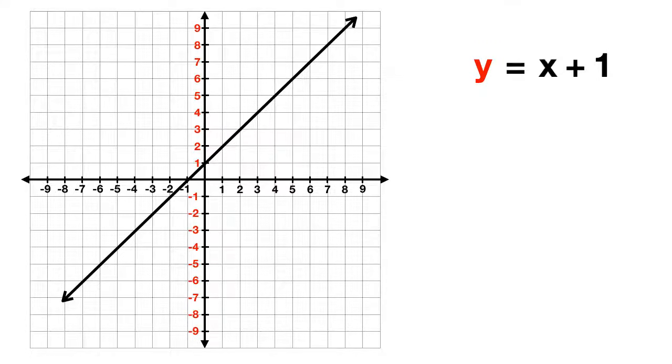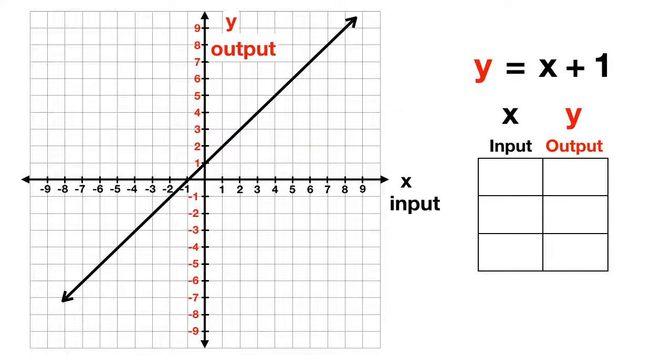The x value, or the x-axis, is just the input to the function, and the y value, or the y-axis, is just the output. Say you had a table of inputs and outputs, and wanted to know the output when your input was 5. Well, you would just have to go to 5 on the x-axis and see where your line is. If you go up to the line, you can see it's right here. It has a y value of 6, so the output here is 6.